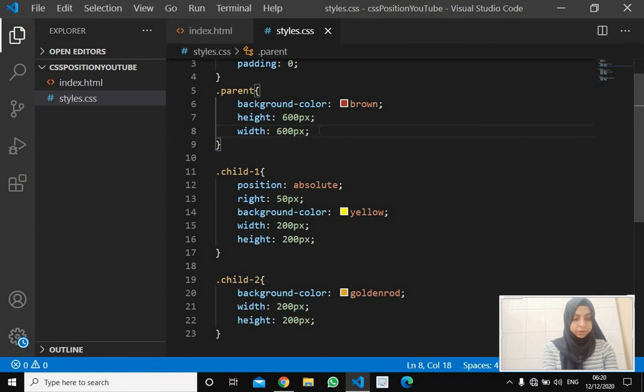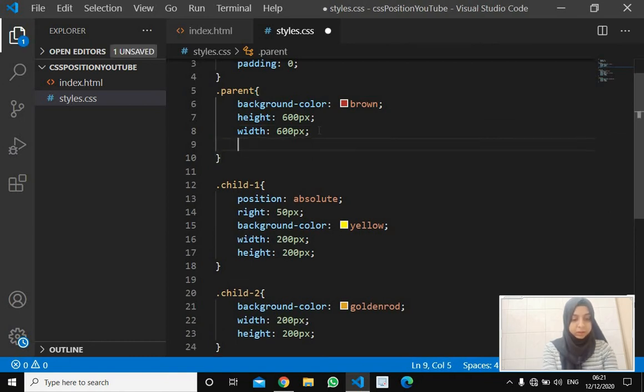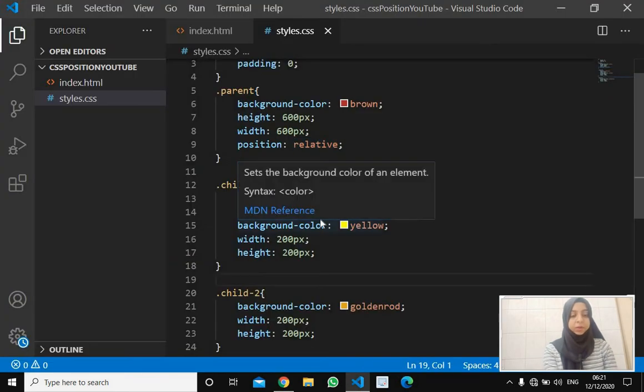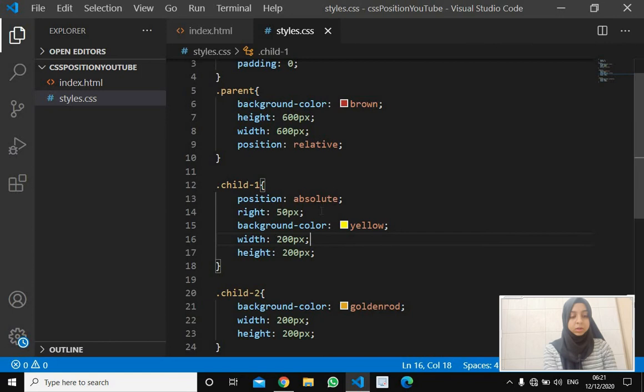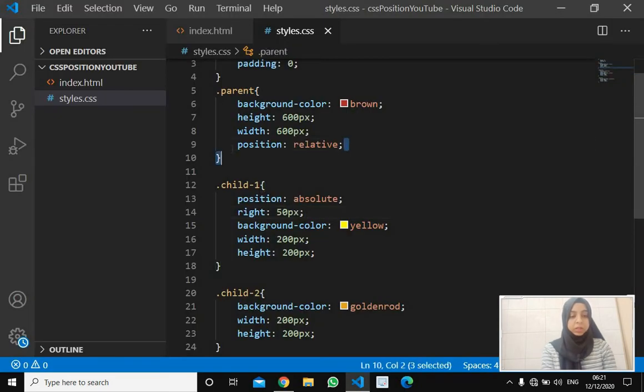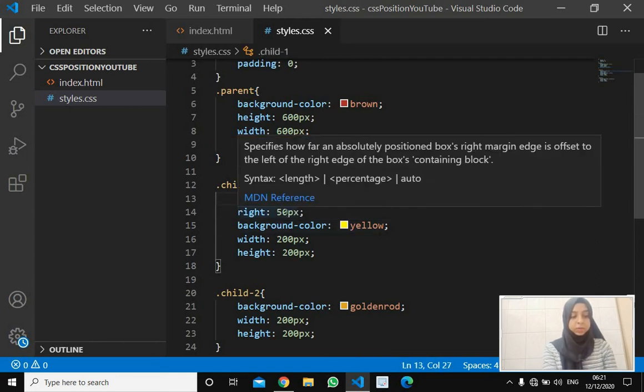Okay, so if we give our parent element the position of relative, can you see now it aligns the element 50 pixels, right? We have right of 50 pixels here. So what this does is, it has aligned itself 50 pixels from the parent container, because this has a position of relative, that is any position other than static, and this has an absolute position, and it has a right of 50 pixels.